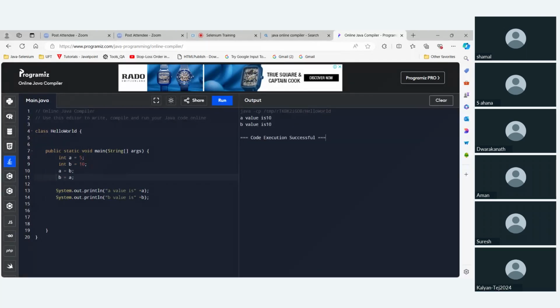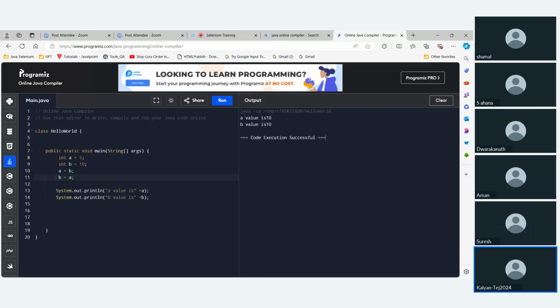You can observe it is very good to make a mistake and see how the logic works so that you can change it accordingly. What is the A value here? A is initialized as 5 and B as 10.